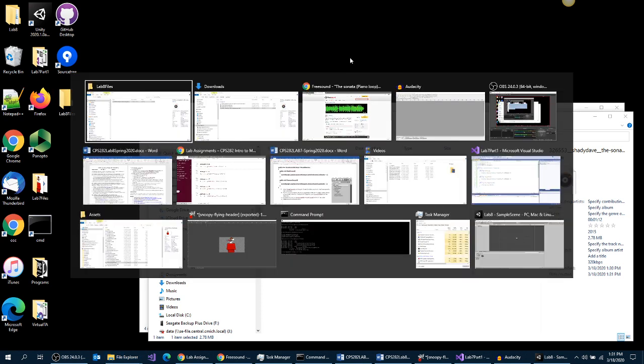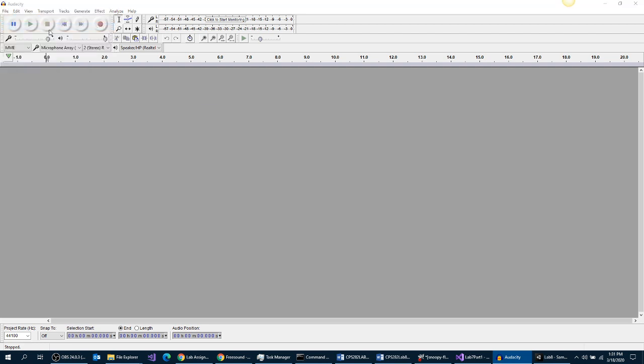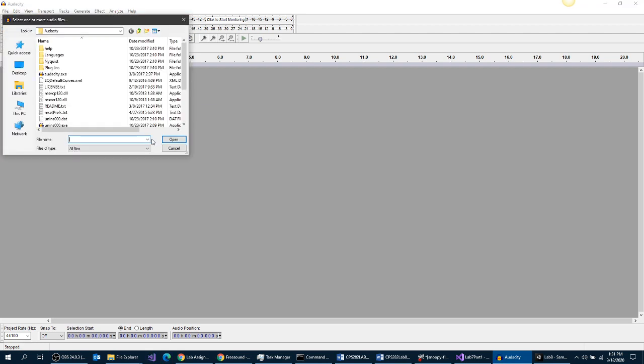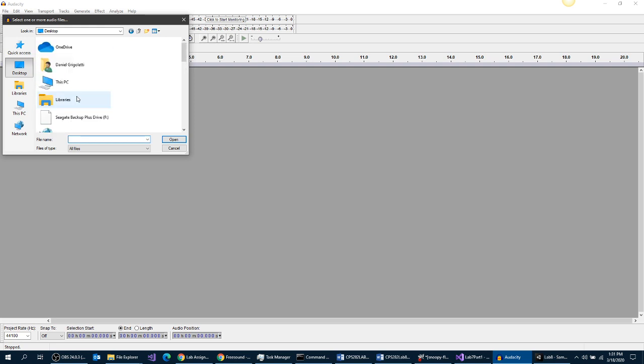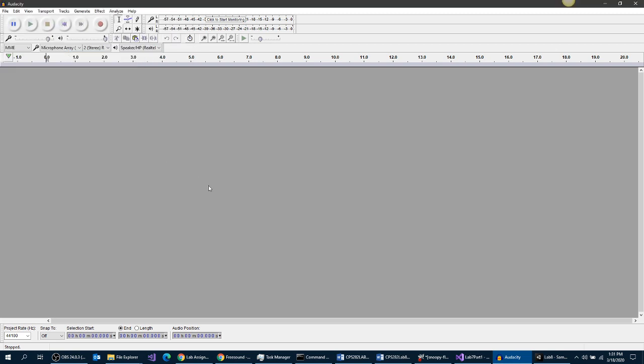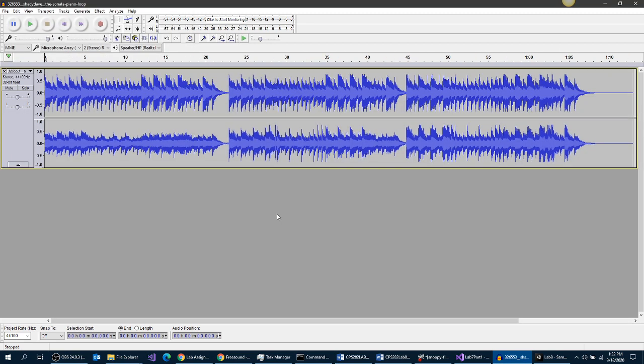So it's got a long name, but now going back to Audacity, we can open it, and I know exactly where it's at. I mean, it was in my downloads folder, but now I could go to my desktop and find it in my Lab8 files folder, and then open that up, and you'll see it basically shows you a picture of the audio, and what you can do, you can immediately start playing it. It looks like it's in a loop, so